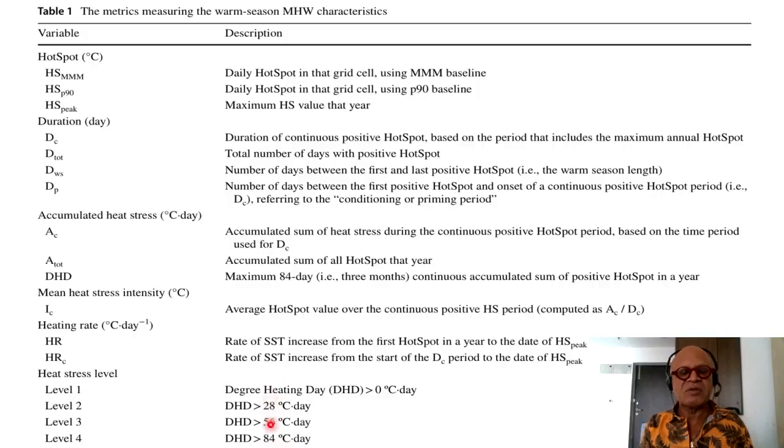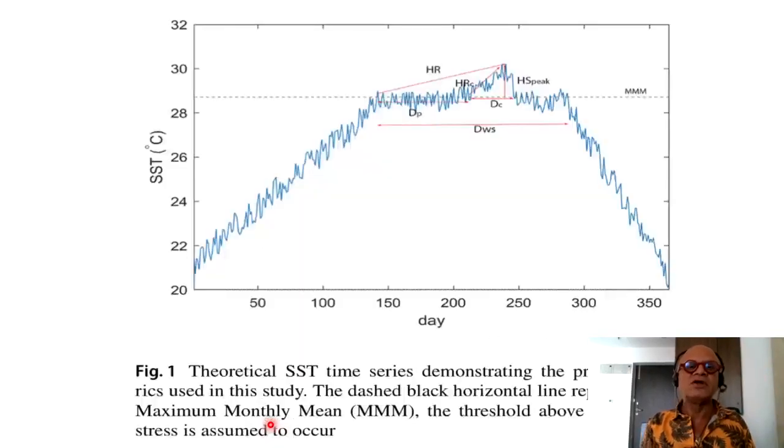So remember, these are not temperatures, these are the differences from the threshold that are converted to degree heating days. Okay, so here is the way to look at it graphically. This is the seasonal cycle at any given location. So you're coming out of the winter towards the warm season, so there is the maximum monthly mean temperature, which